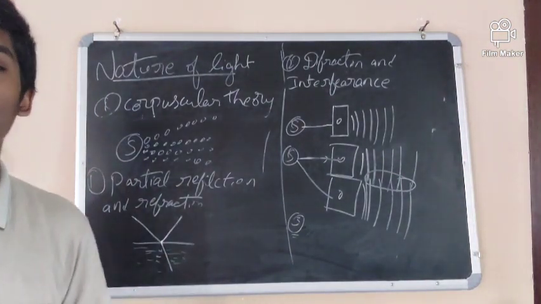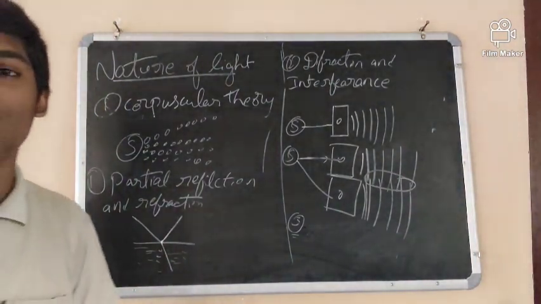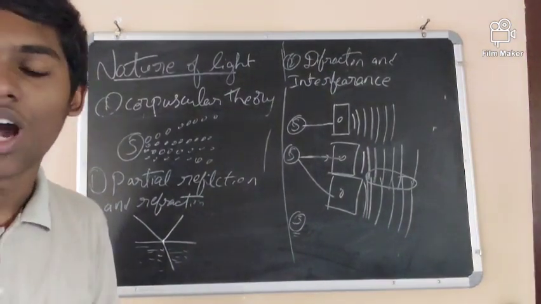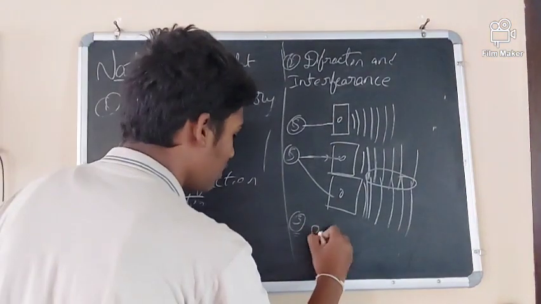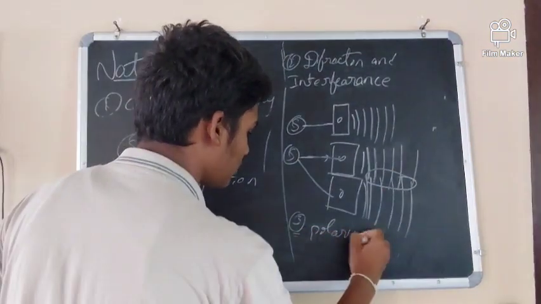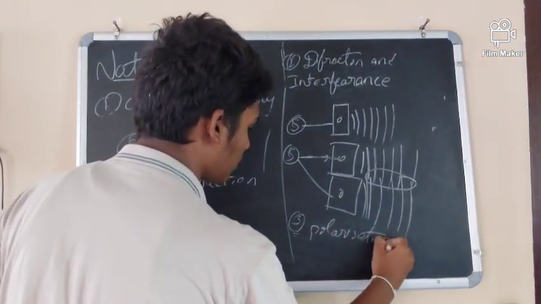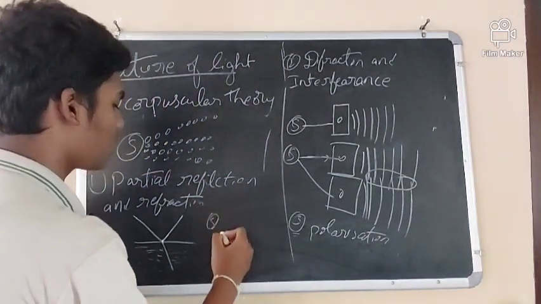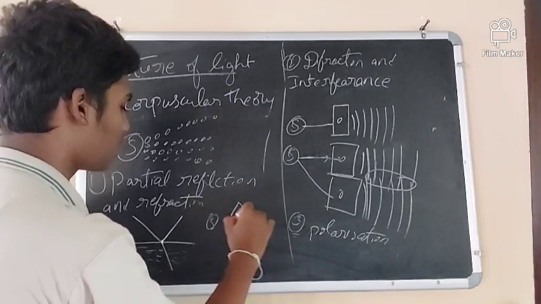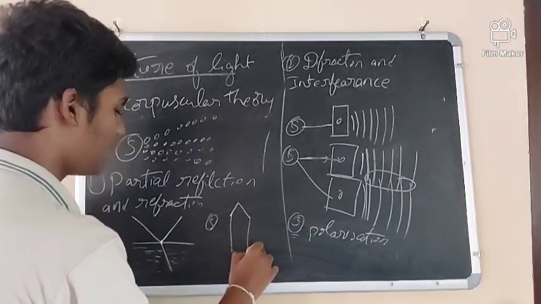Let us discuss about Huygens wave theory. And one more observation, he does not explain polarization also. Okay. What is meant by polarization? When we take any source of light and any crystal,